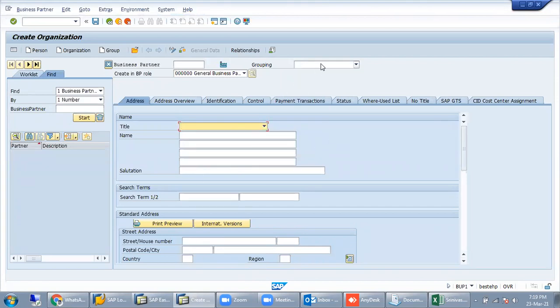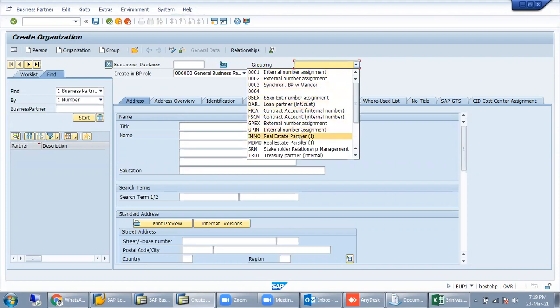Here we can select a type of grouping, for example a domestic creditor, export creditor, employee or transporter. Whatever we require, we have to create a group for that, which is nothing but the account group. In vendor master also, that group is required.